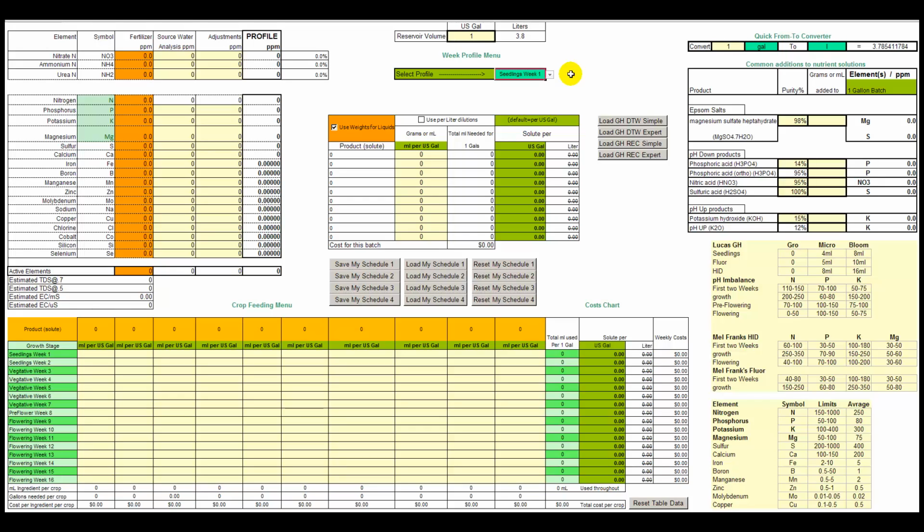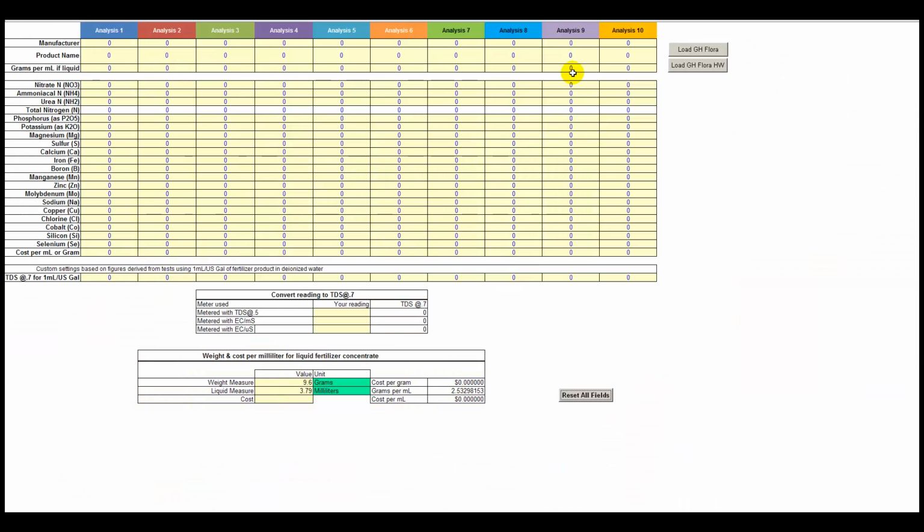Okay. So let's get some data loaded and get this calculator going. We will now move to the guaranteed analysis page to pick our individual product, which we will then use in our recipe. Okay, so here we are. This is the guaranteed analysis page,